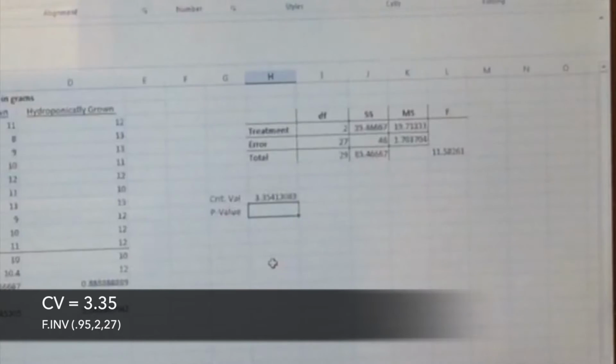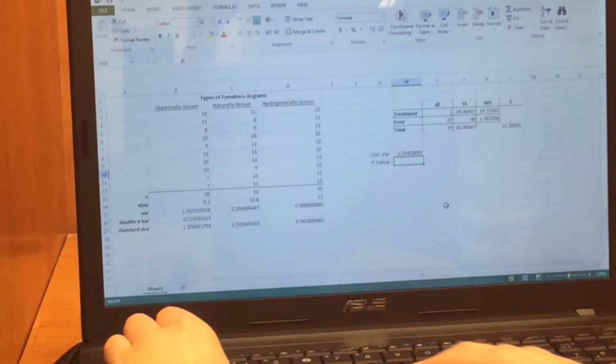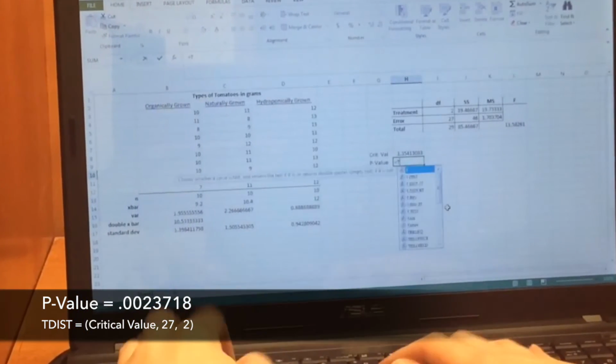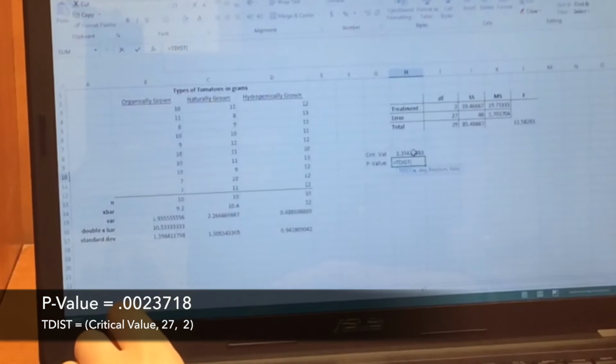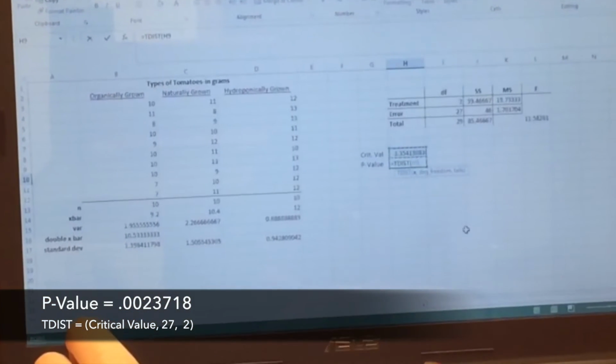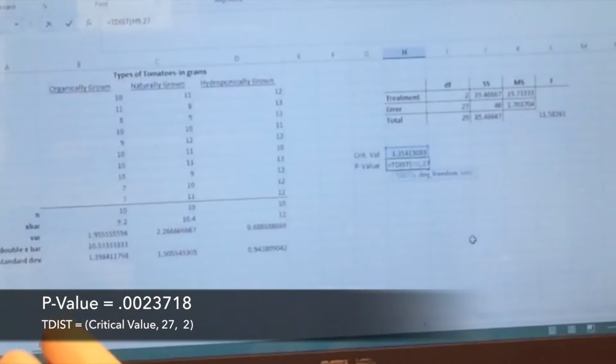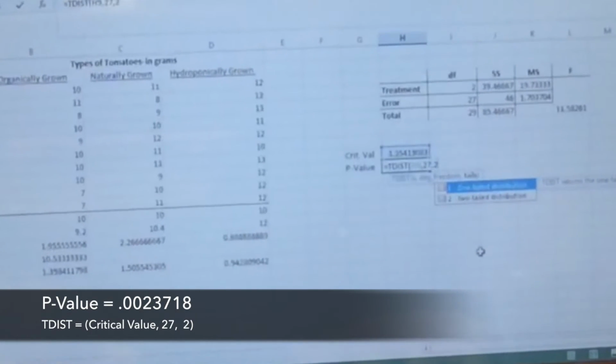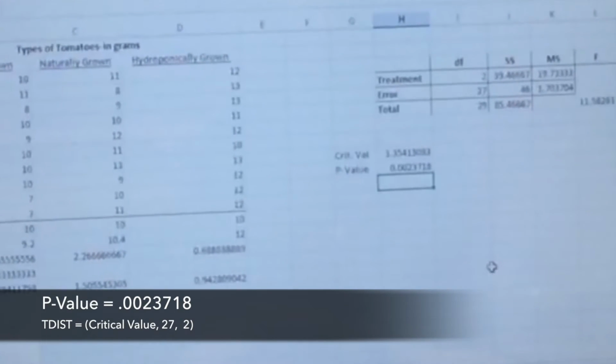to give us a critical value of 3.35. For the p-value, we will use the T.DIST function and use the critical value of 3.35 as our x, our degrees of freedom, which is 27, and a 2 because it's a two-tailed test to give us a p-value of